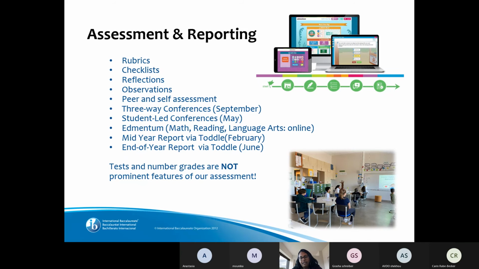And this is mainly what we do for math, reading, and language arts. We will have a total of 3 diagnostics for math, reading, and language this year in Edmentum, which happens every year. And this shows the progression of each child during one year level. And then you will also receive a midterm report in February and an end of year report in June, and both